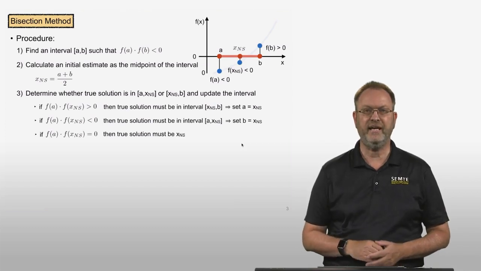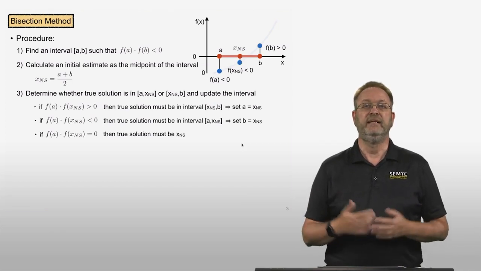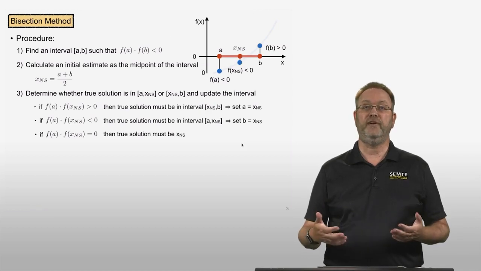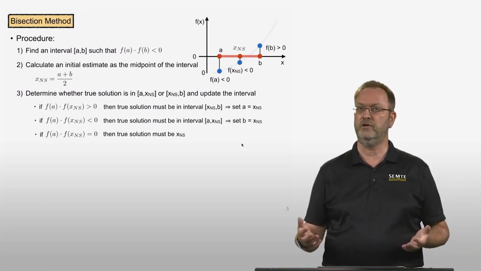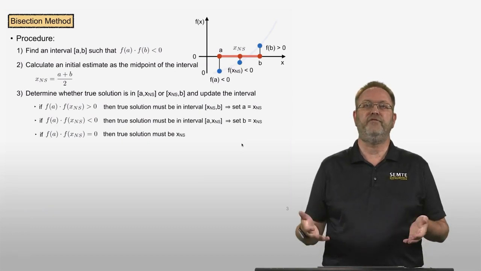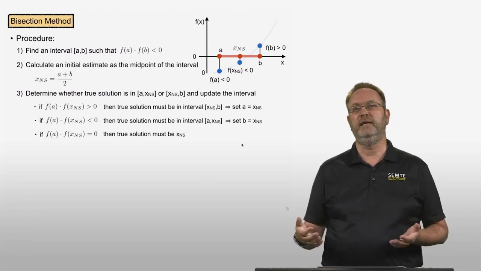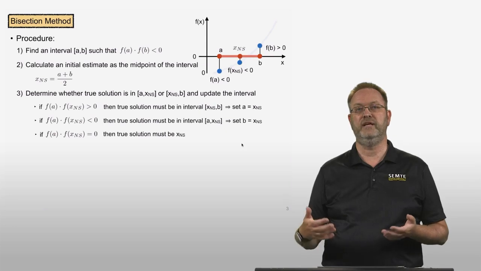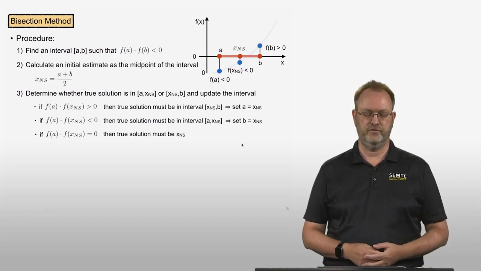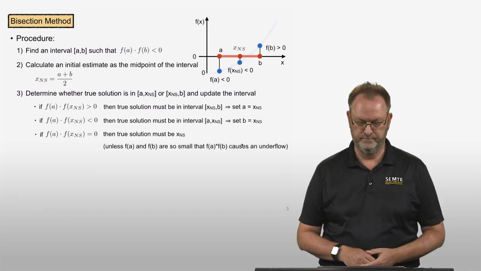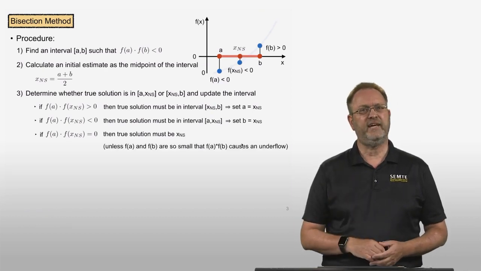And then there's actually a third case, that the product of f of a times f of the numerical solution is equal to 0. Well, since f of a wasn't equal to 0, that would mean that the numerical solution is actually our true solution, because f of the numerical solution then would be equal to 0. With one little caveat,